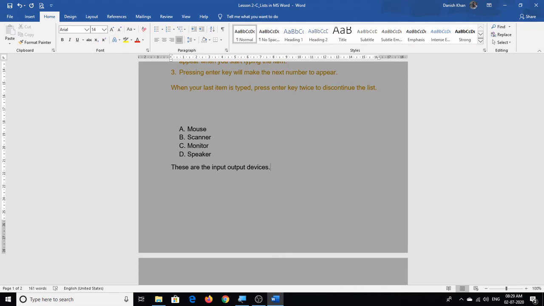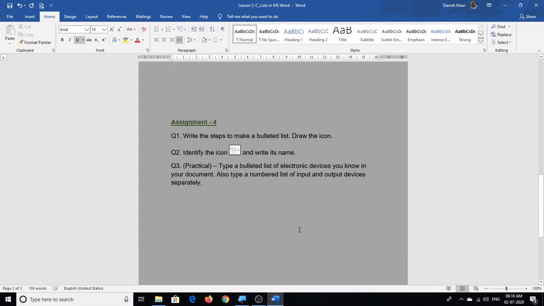So this way you can create a bulleted list or a numbered list using the bullets icon or the numbering icon. So when you want to terminate your list or finish your list, you are supposed to press the enter key twice in order to stop the numbering and start typing the next sentence.